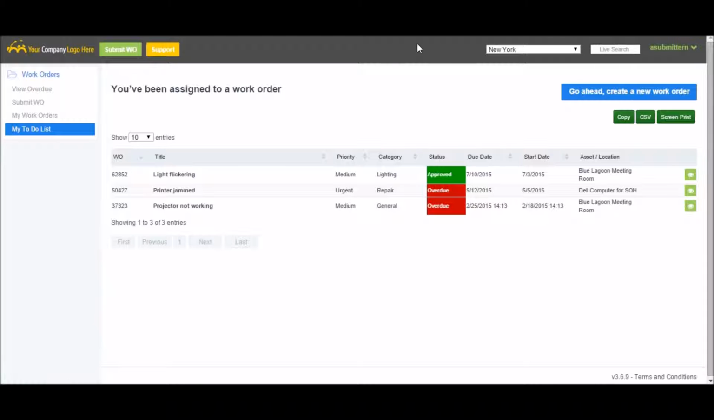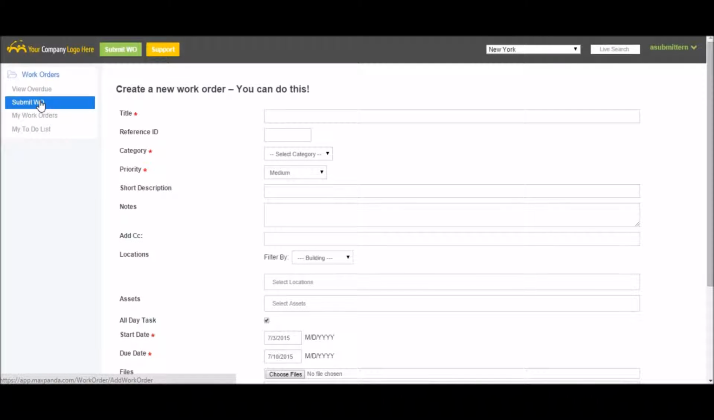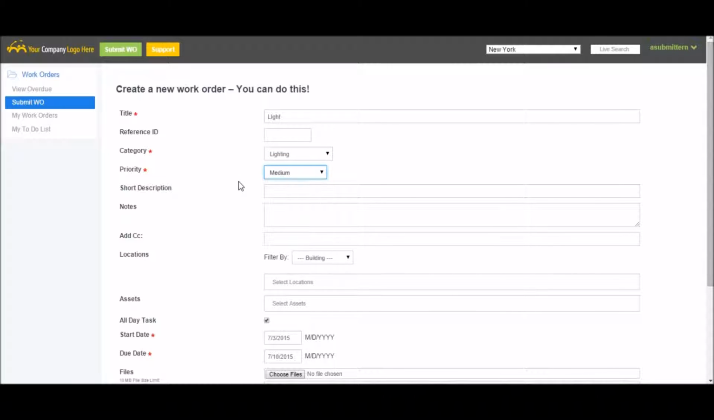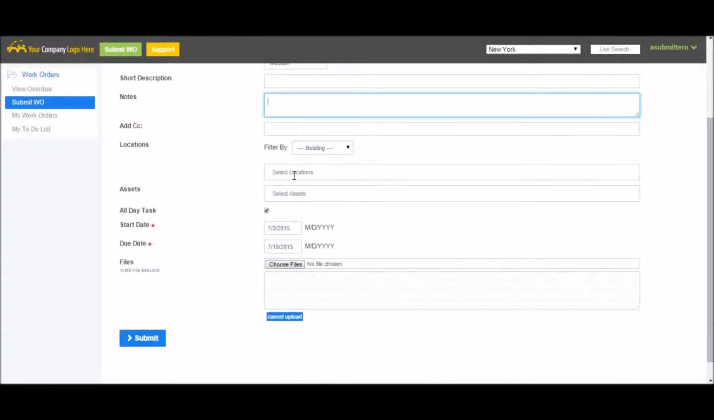To submit a new work order, simply click the button in the top right hand corner, the Submit Work Order button along the top, or the Submit Work Order button in the main menu. Here you just need to fill out some basic information about the issue. For example, type the problem, add a reference ID if you track them a particular way, select a category from the drop-down list, select a priority from the drop-down list, add a short description to expand upon the issue, any notes you might have, just anything that there's no current field for,